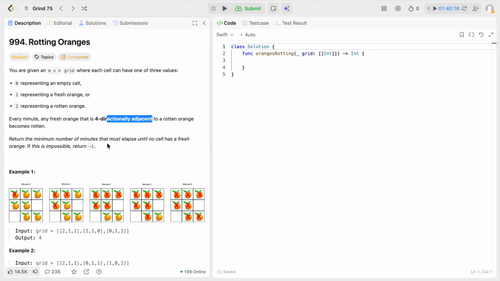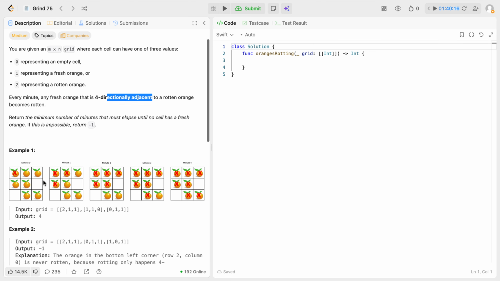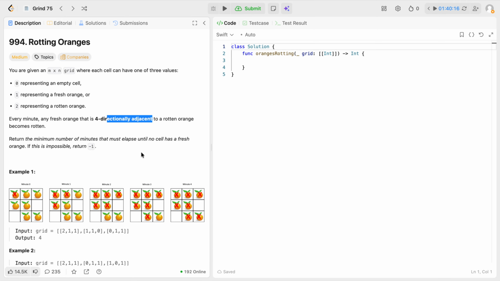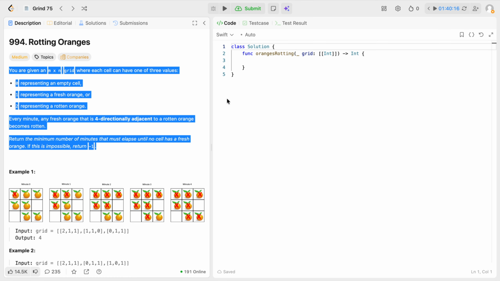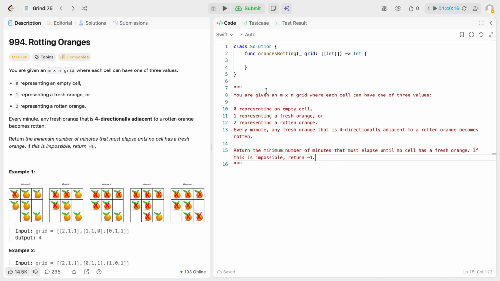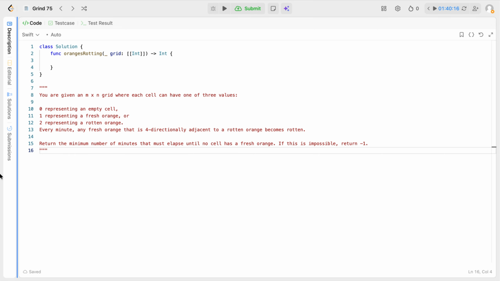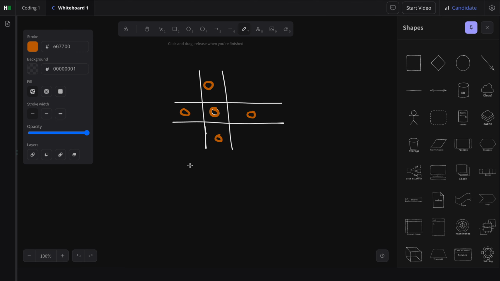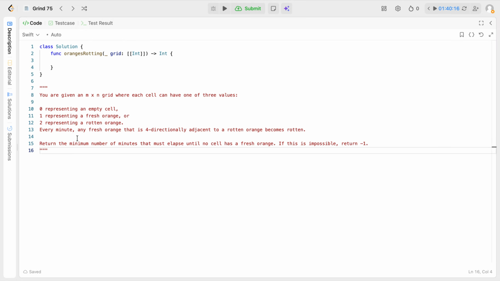Return the minimum number of minutes that must elapse until no cell has a fresh orange. If this is impossible, return -1. So I do see an example over here, but I'm going to try thinking of an example of my own, and if I struggle more than like 5 or 10 minutes, then I'm going to look at the example that they gave. Alright, so